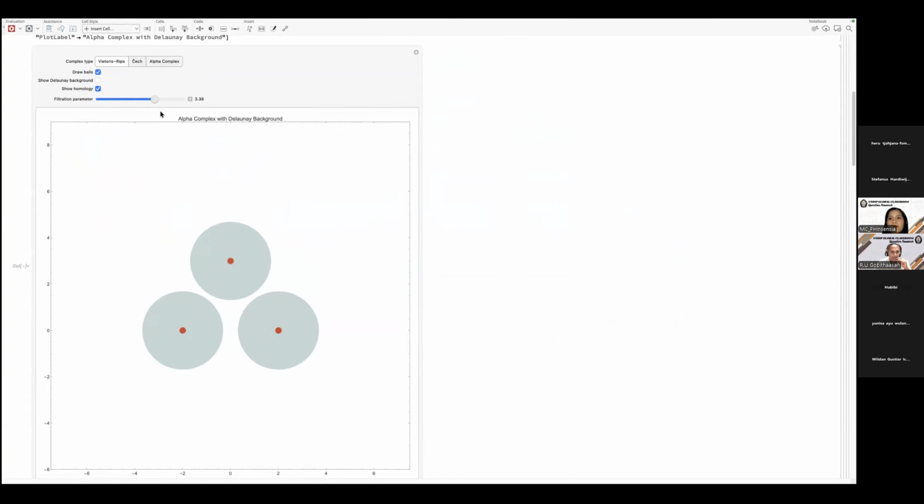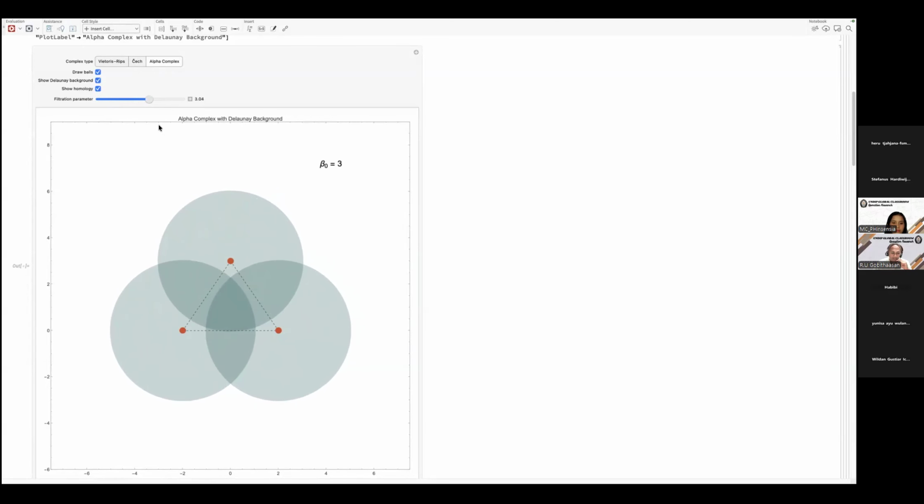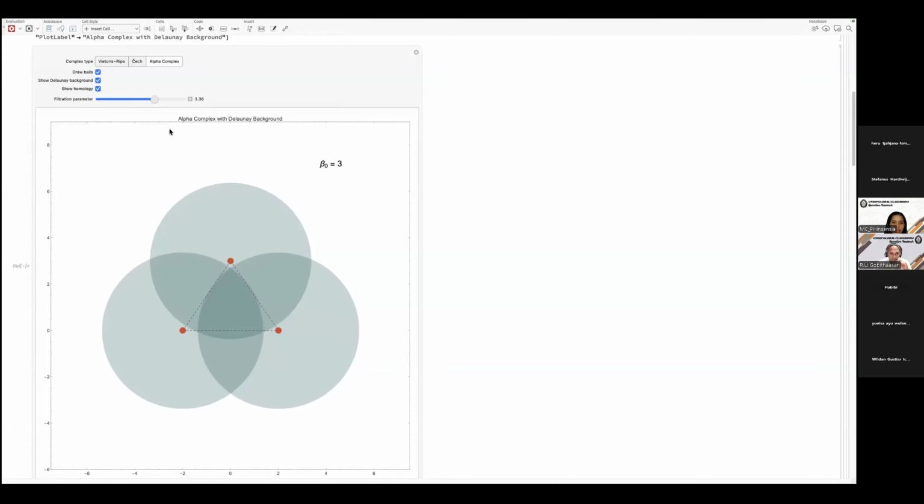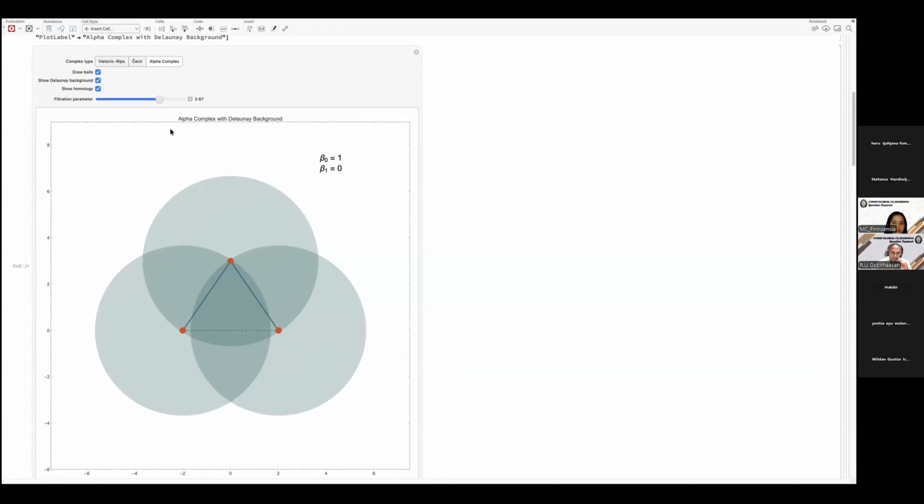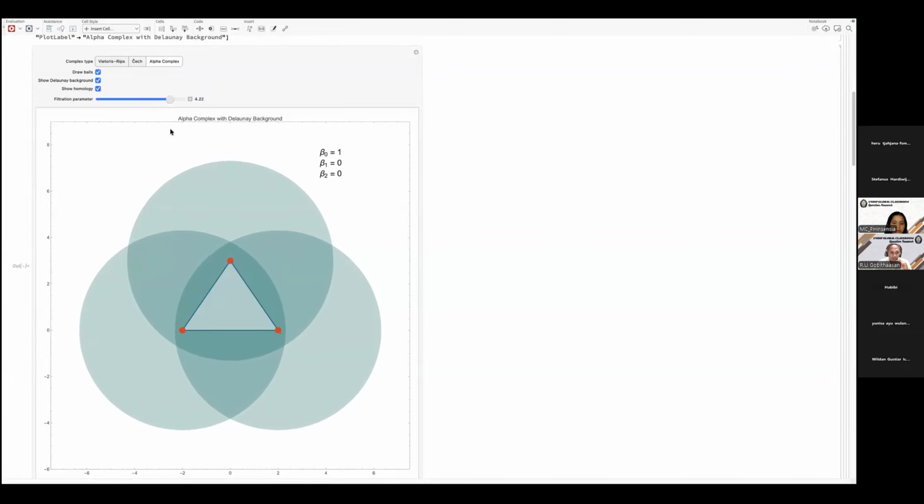Can do the same thing with Čech. I guess you can see for the Čech simplex it's slightly different. Oh, there you go. For the alpha complex, I should draw the Delaunay triangulation first. This is the Delaunay triangulation, it's not edges. You can see that two balls must overlap on top of each other, only then it creates edges. And then all three must overlap in order to fill the Delaunay triangulation, which is the triangle. Okay, so these are the ways we can